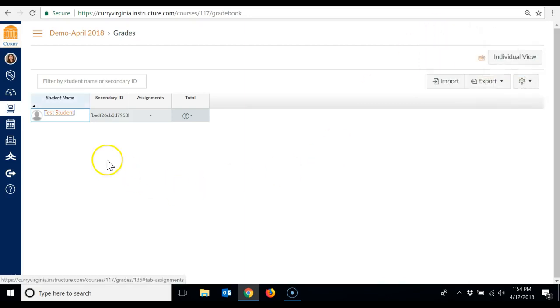The student view of this page will allow students to look at an assignment list by row. Notice that faculty can also import and export in the gradebook area, and there are additional settings that will be covered in a later video. Our left-hand navigation menu disappears while in grades, just to provide a clearer and larger view of the gradebook. But to get back to that menu, I simply click on the breadcrumb at the top to return to the